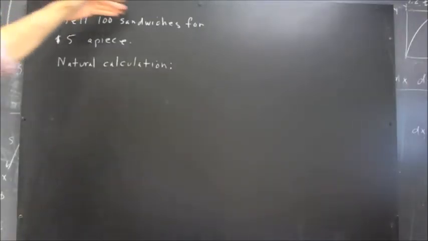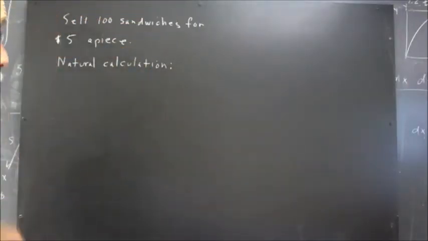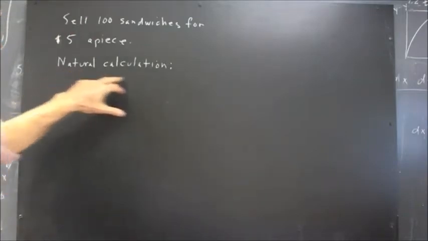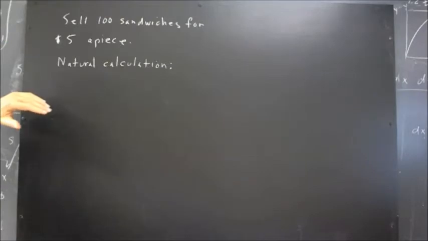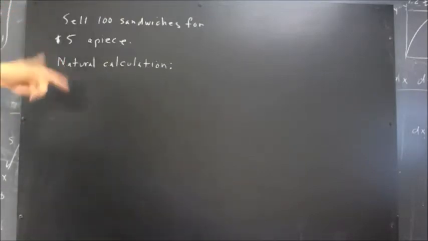Okay, suppose we sell 100 sandwiches for $5 a piece. The question is, what's the natural calculation that goes with this situation? You should think what that calculation is. Pause if necessary. I'm going to tell you though. Okay, well, the natural calculation is